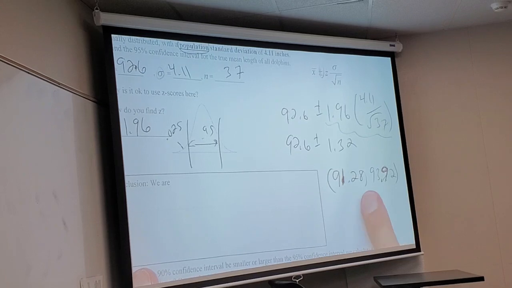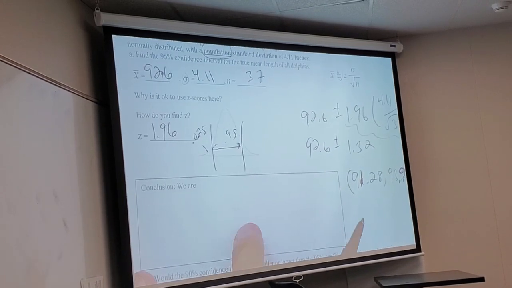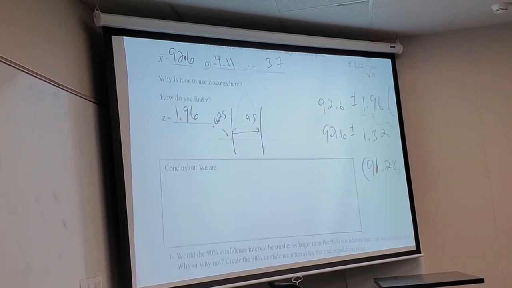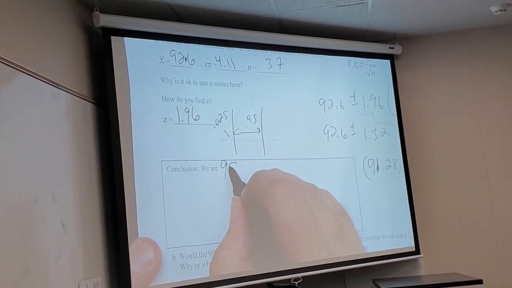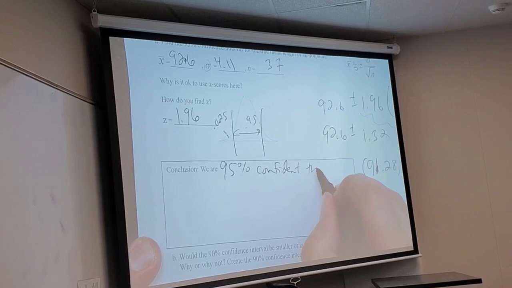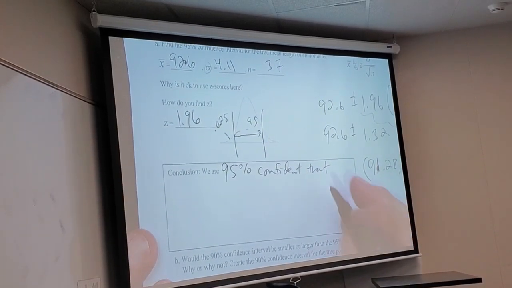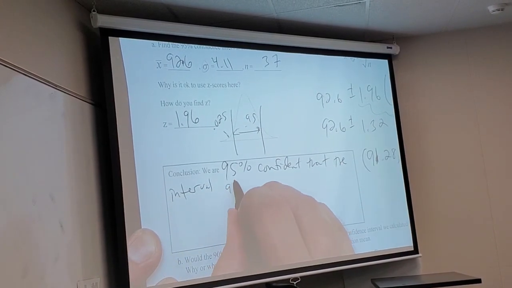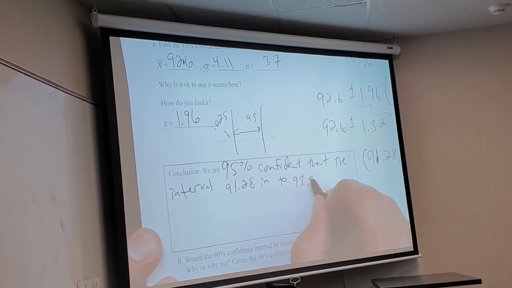So that's acceptable just to identify your interval, but then you always have to give me this, right? Because I'm a jerk. That's why. So we are 95% confident that the interval, yeah, you're good. The interval 91.28 inches to 93.92 inches